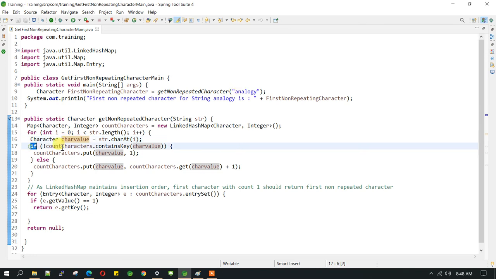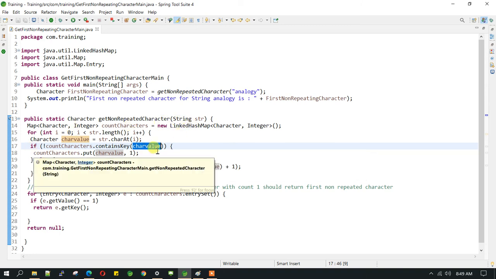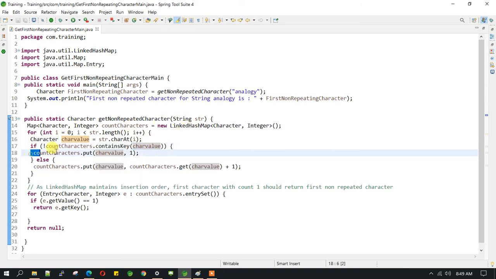And then we need to check if this key is already there in the hash map, sorry, the linked hash map. If it is not there, we need to add this key, which is this character, and add the value as 1.